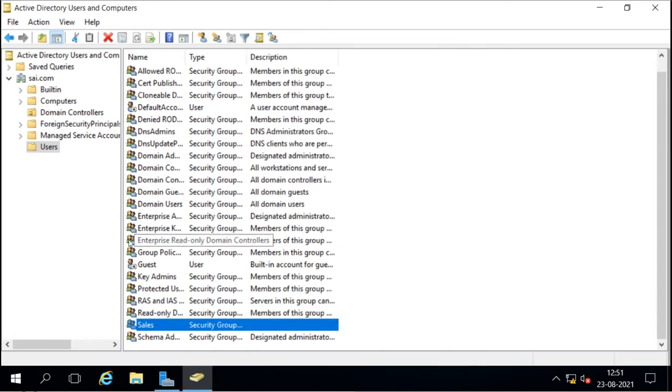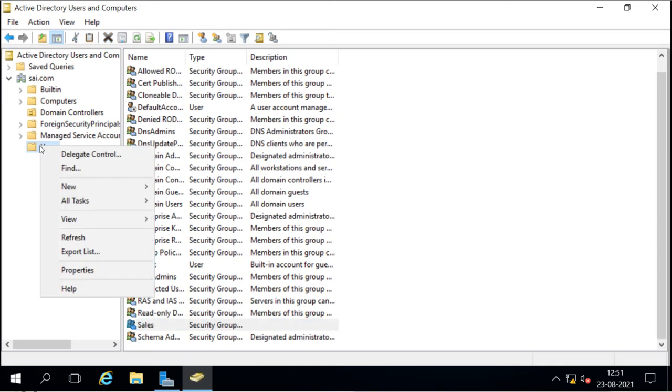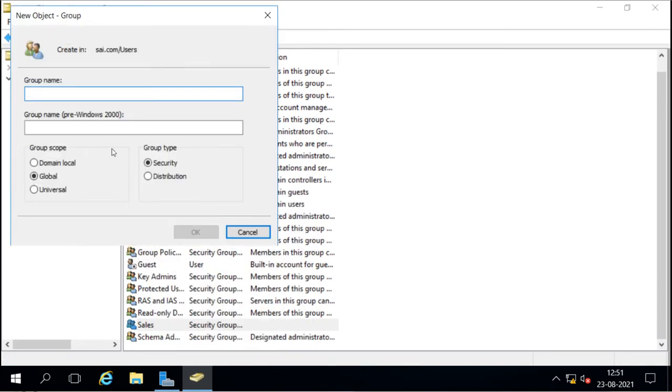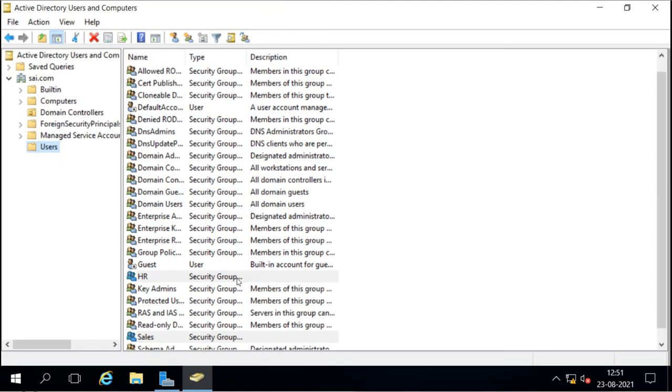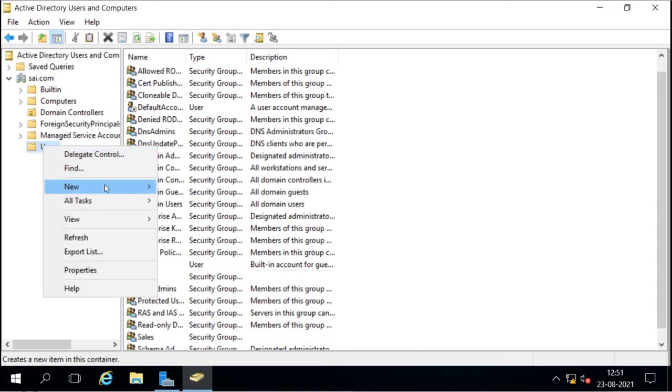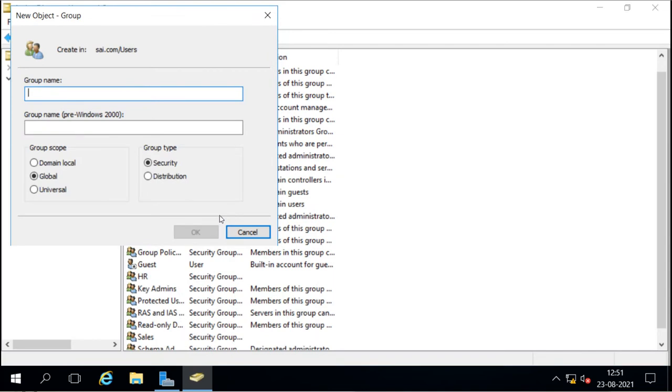I will create one more group, and let's make it domain local. Then I will create one more group, and let's make it universal.